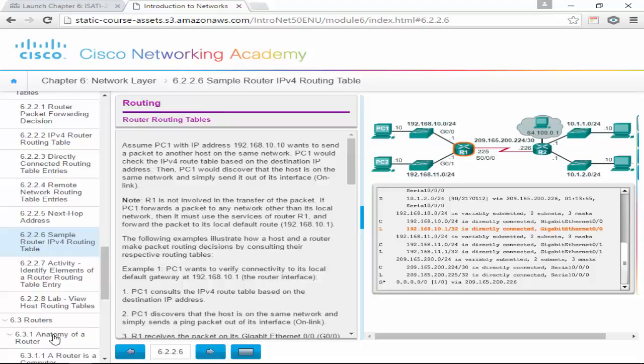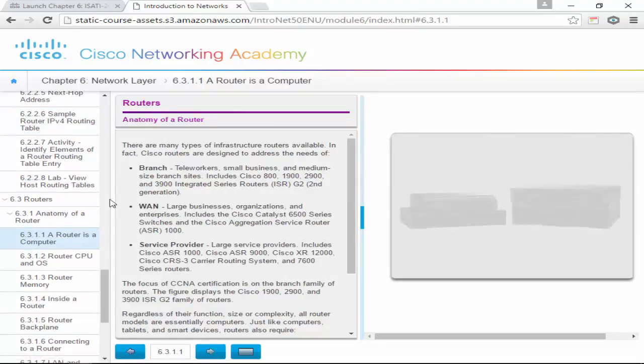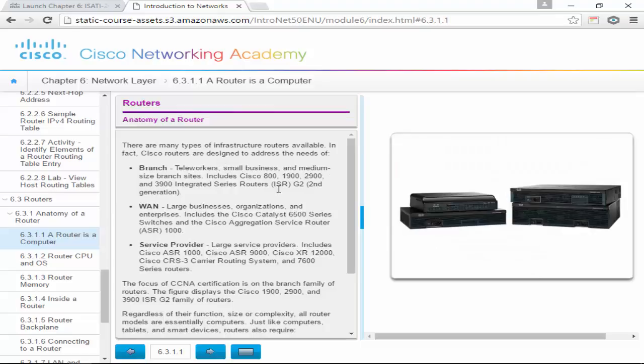Alright, so we're just going to jump straight into a router, because pretty soon I will show you in Packet Tracer how we're going to do that. Alright, so there's different types of routers. We have branch, WAN, and service provider. Basically, most of the routers we're going to be using are branch routers, because these WAN and service provider routers are much more expensive. We do have 6500 switches, but